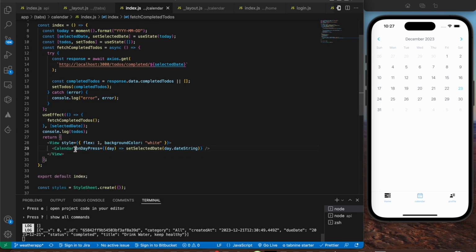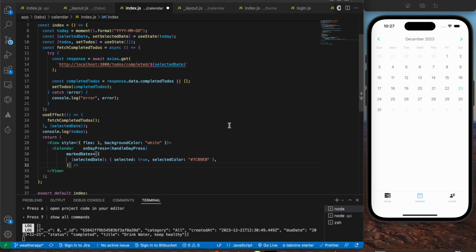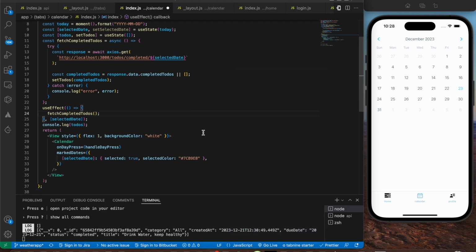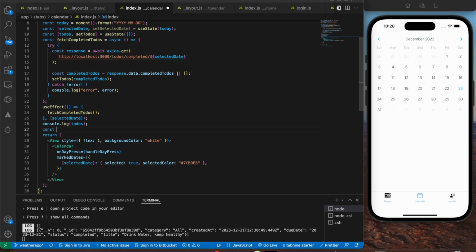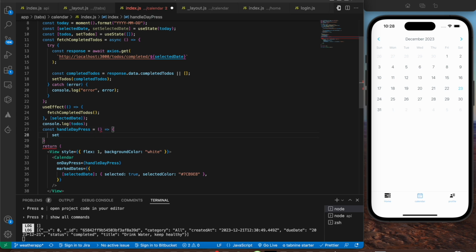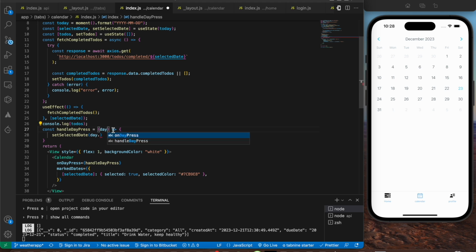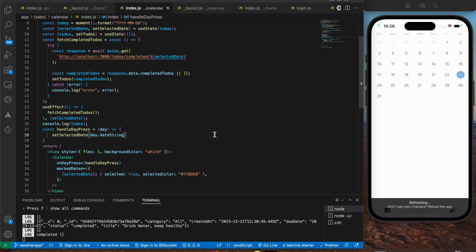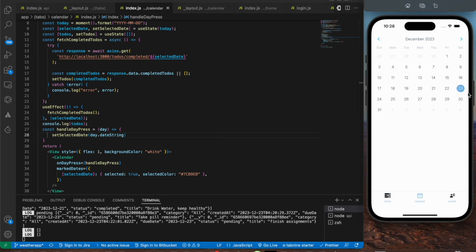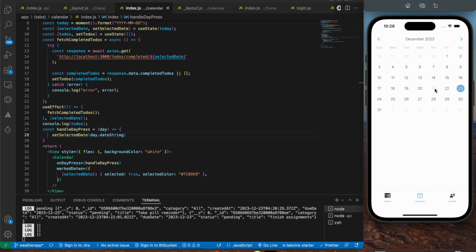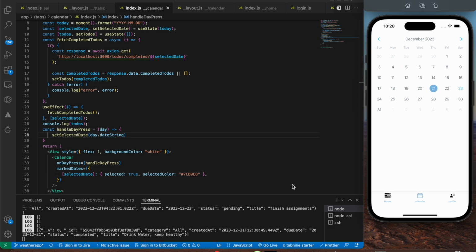So instead of writing it like this, we're just gonna initialize the on press, and then we're gonna select the marked dates over here. Inside the on press, I'm gonna say const handle day press equals to an arrow function. Here I'm gonna say set the selected date to be day dot, let's access the day over here as well, it's gonna be date string. Yeah, so let's save the file. As you can see, currently 23rd is selected. If I select 21st, even the background color is changing, and over here we're able to see the